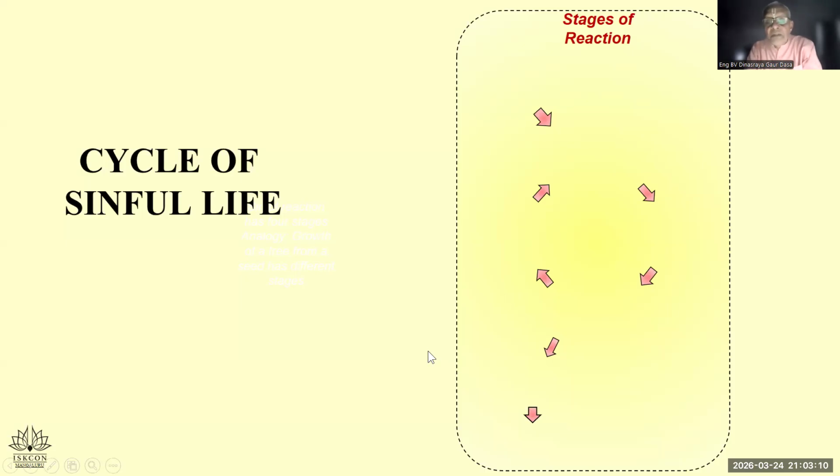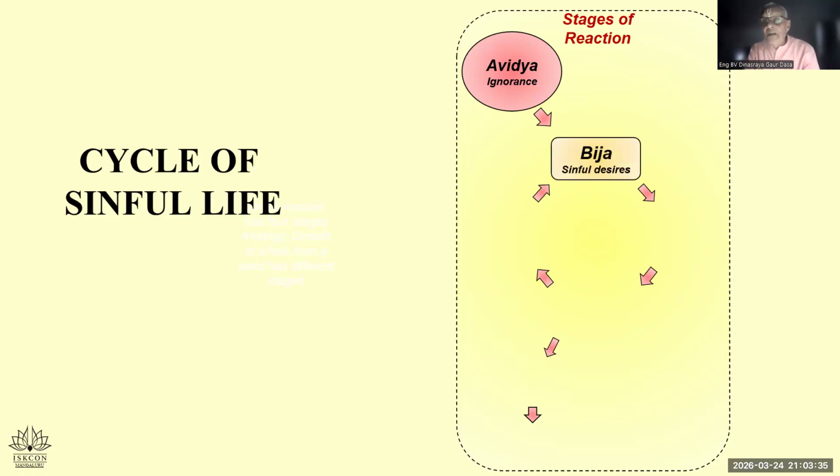This was in last session, some Mataji had asked this question: how are we doing, why are we doing this. So avidya is ignorance. As I told you, avidya means that we are not conscious that we are eternal servants of Krishna. We are here to serve Krishna, not for self-satisfaction or gratification of our desires. Due to this, there is a sinful tendency or desire to do something, and that remains in seed form. It is still not germinated. But when it gets proper environment, then we do sinful activities.